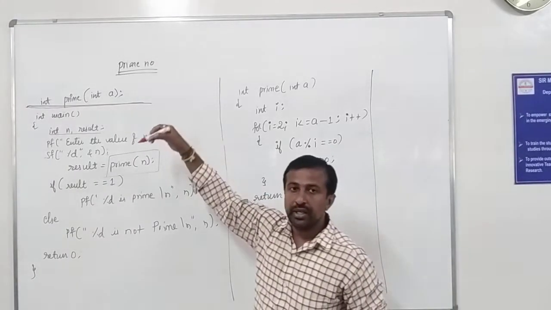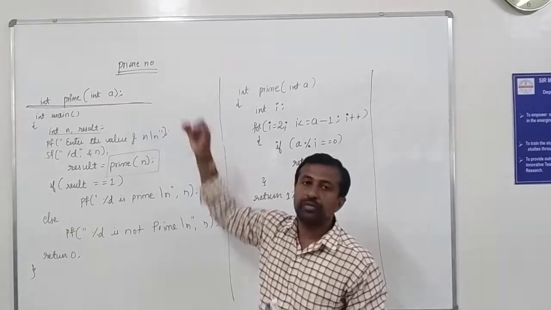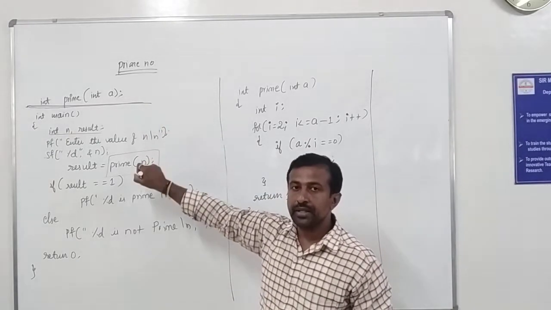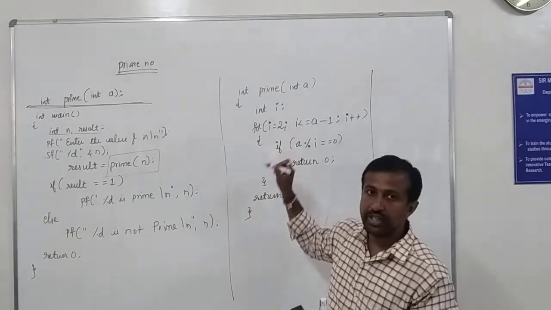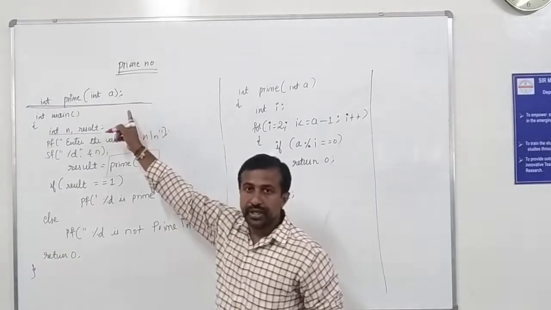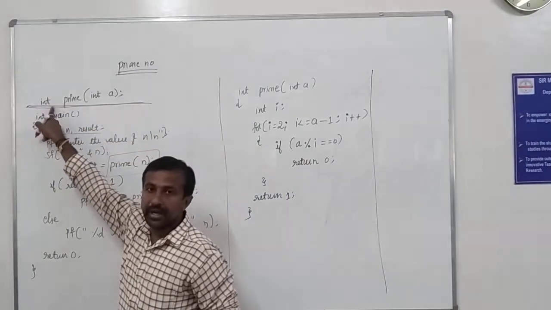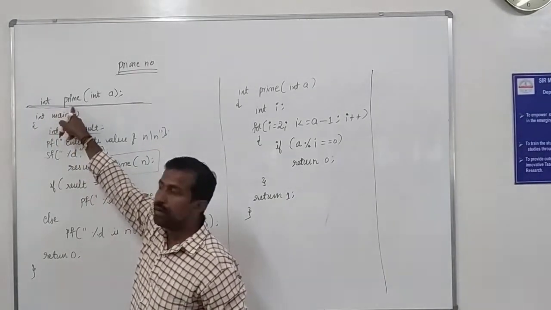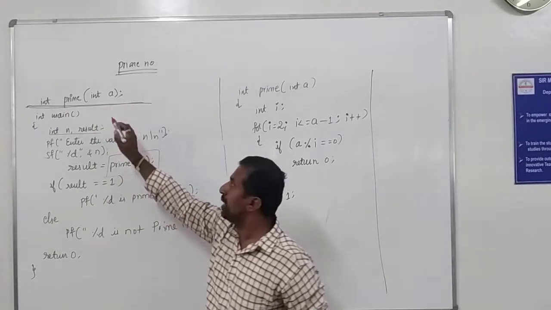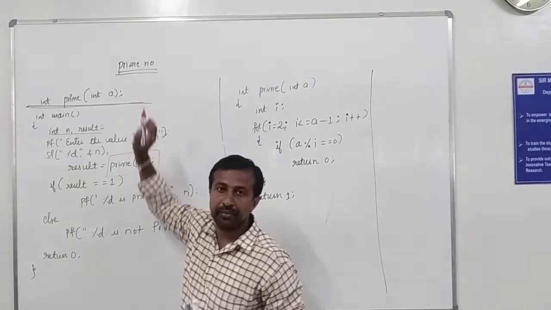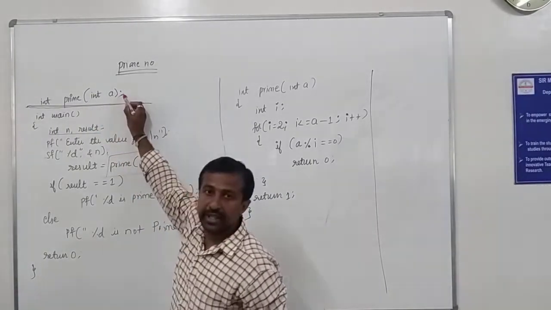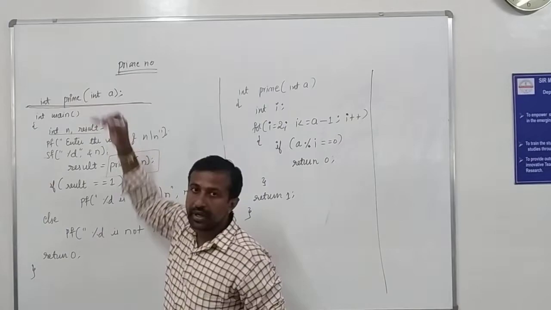See, function declaration will always be declared before the main function. Function call will be called inside the main function. Function definition we write outside the main function. Now, function declaration will have a return type followed by the function name and a set of parameters. For this program, I need only one parameter, so I am writing int a. That is for one parameter. Then this ends with a semicolon. After that, we are writing the main function.